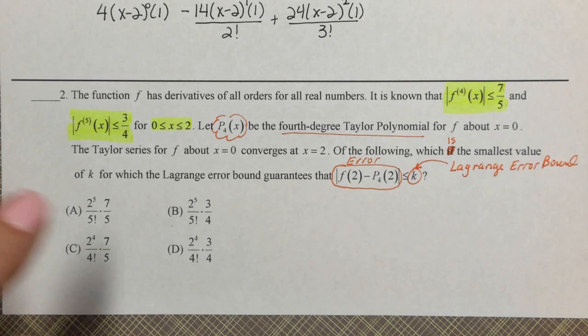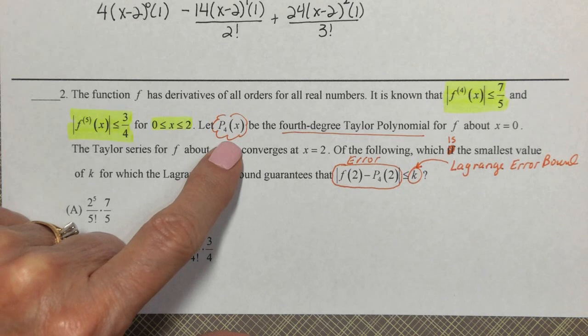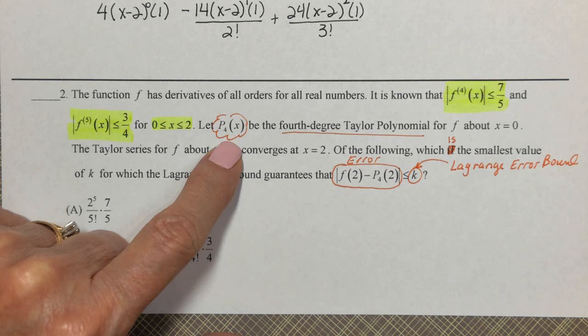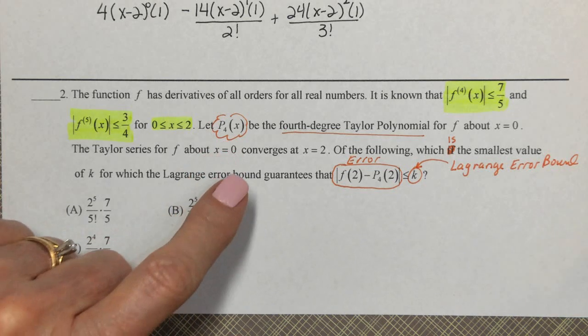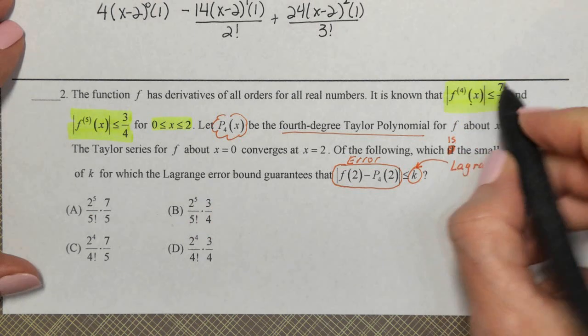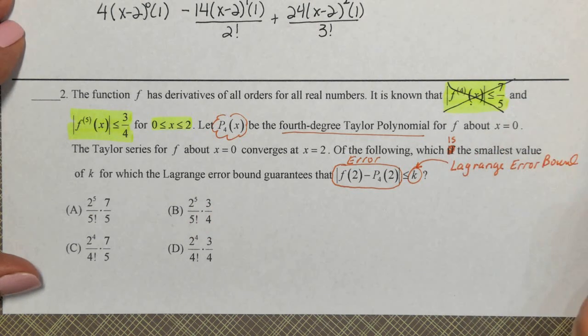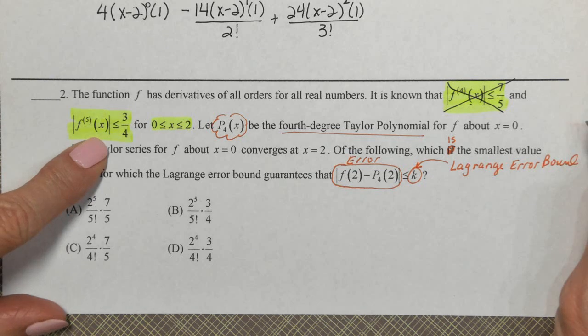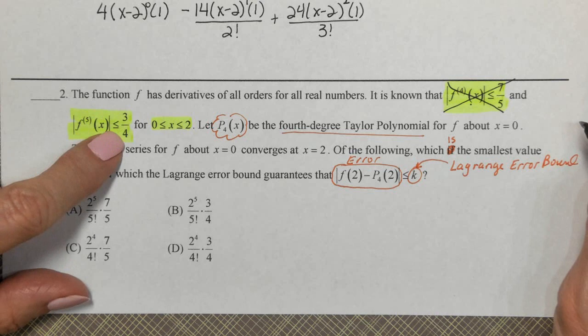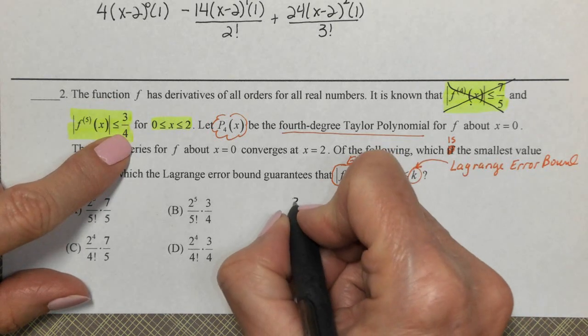So, we used the fourth degree Taylor in the approximation, so which degree should we use for our error? Well, we use the next one. So we use the fifth degree. So they gave us this, but we are not going to need it. That was there to sidetrack us. We're going to use the fifth degree term for our error. So the maximum derivative is 3/4